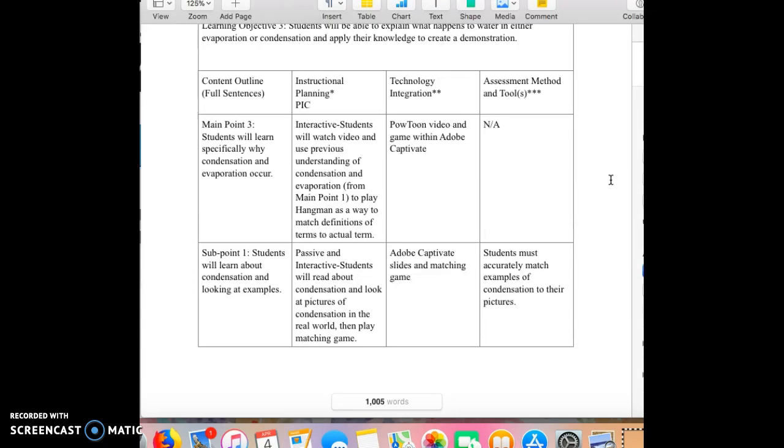So at the beginning, they are going to watch a video, a Powtoon video that I'll create, and use their previous understanding of condensation and evaporation that they've already gained. They've already gone through and gained some understanding from main point 1. And they're going to play hangman just a couple rounds to match the definitions of condensation and evaporation. That'll get them interested. It's a little interactivity, helps motivate them to move on to the next parts and see